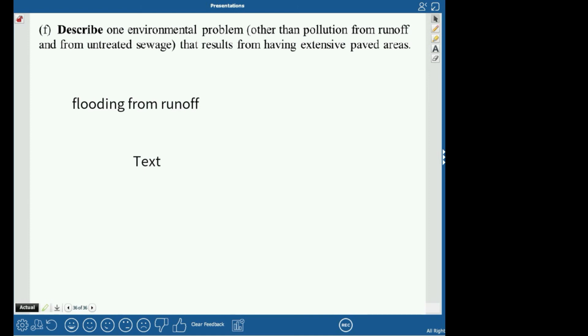You could talk about habitat destruction. Anytime we're talking about stuff that humans make, habitat destruction is a good choice because we tend to destroy habitats somehow. Sometimes they mention fragmentation from roads and things like that. If you have a habitat and you put a shopping center or a road through it, you've broken up that habitat, which is a problem for animals that need large habitats or have a large range. One of the ones they say is erosion from that flooding.